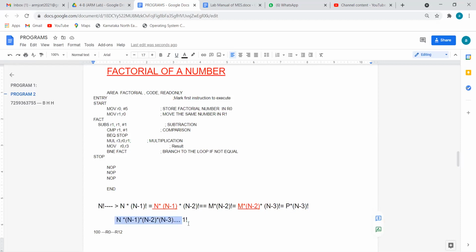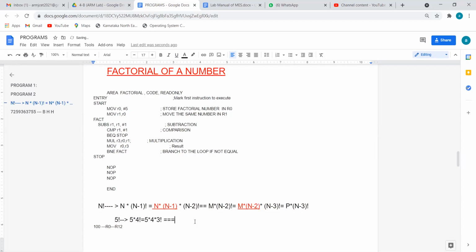So if I do this and substitute n as 5, how does it look? 5 factorial. So how to divide this? Can anybody go on giving the answer in the chat box? What is the first way? 5 star 4 factorial. Correct? I don't know 4 factorial right now because I need to calculate 4 into 3 into 2 into 1, and I don't want to do that. So what I do is 5 star 4 star 3 factorial.